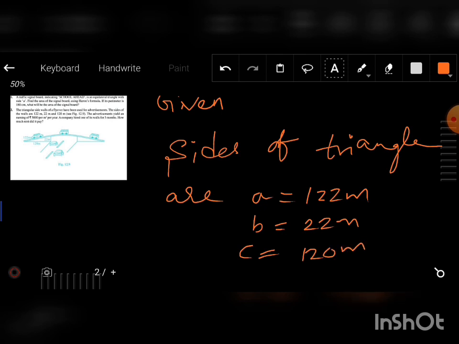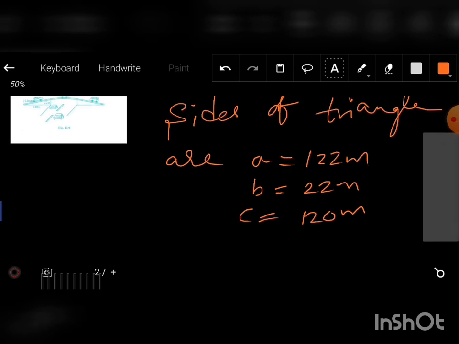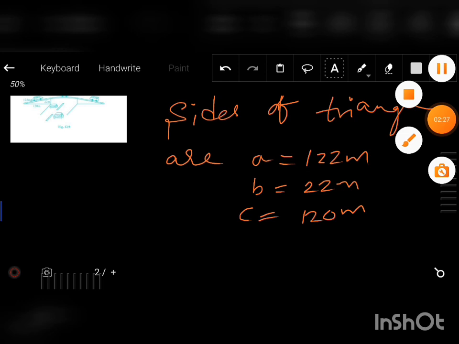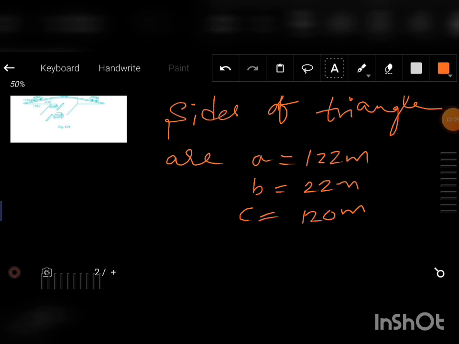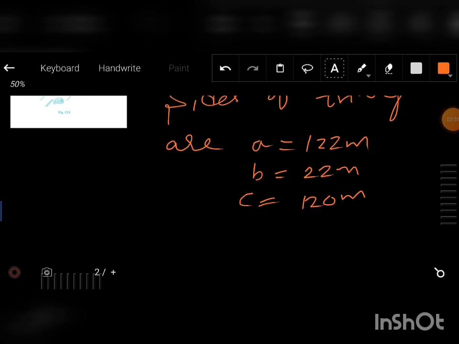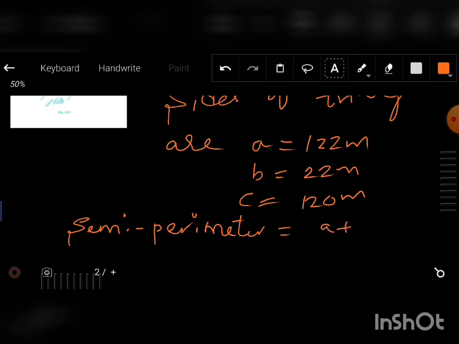Each of these variables a, b, c represents each side of a triangle. So let us first find out the semi-perimeter of the triangular region. Perimeter formula, that is sum of all sides. Semi-perimeter in the sense sum of all sides by 2